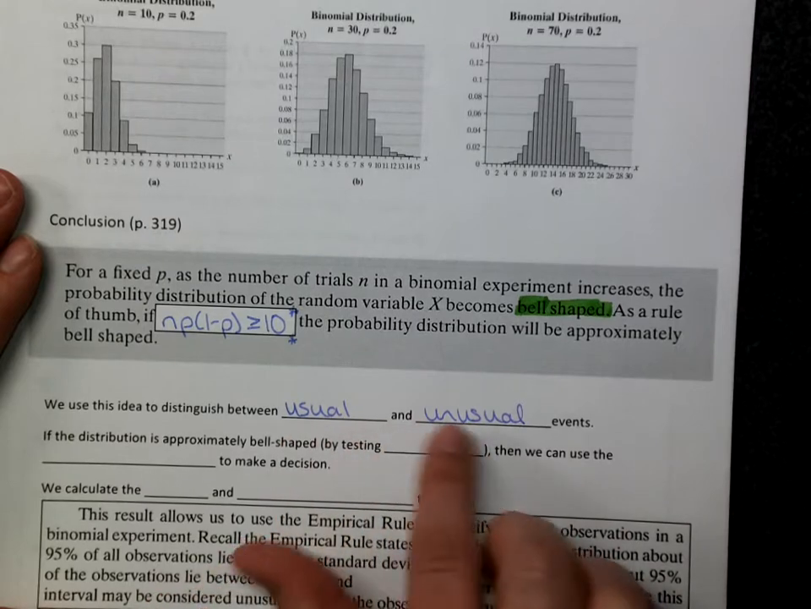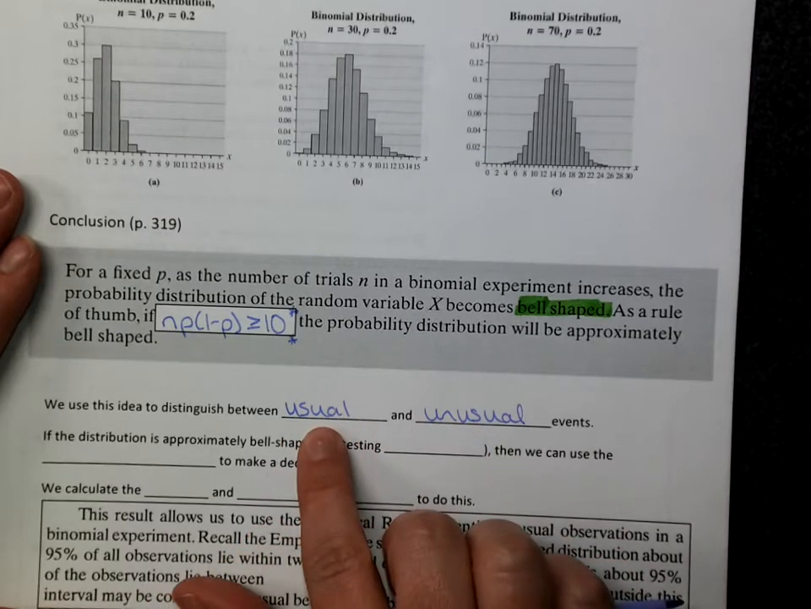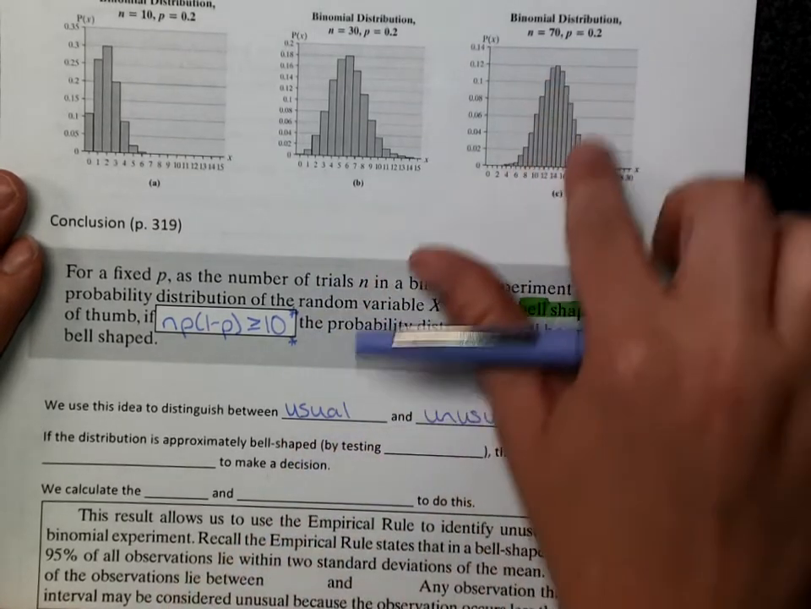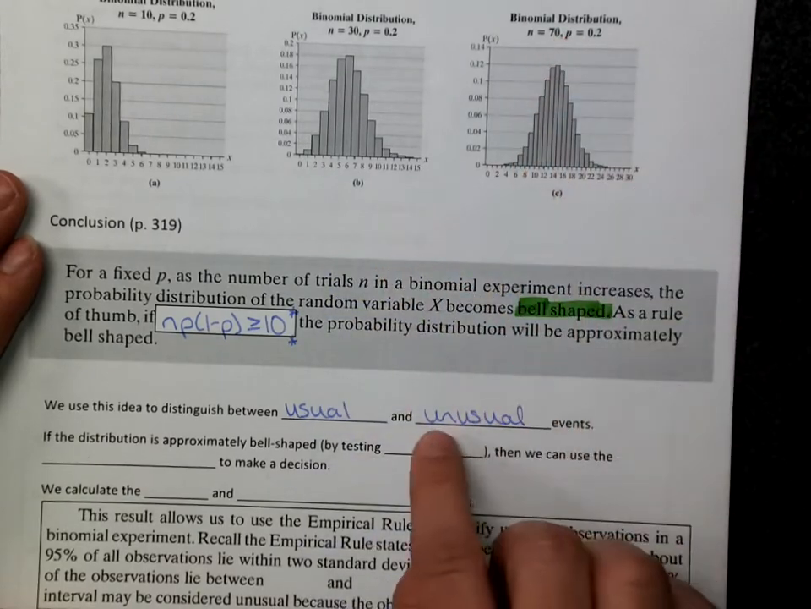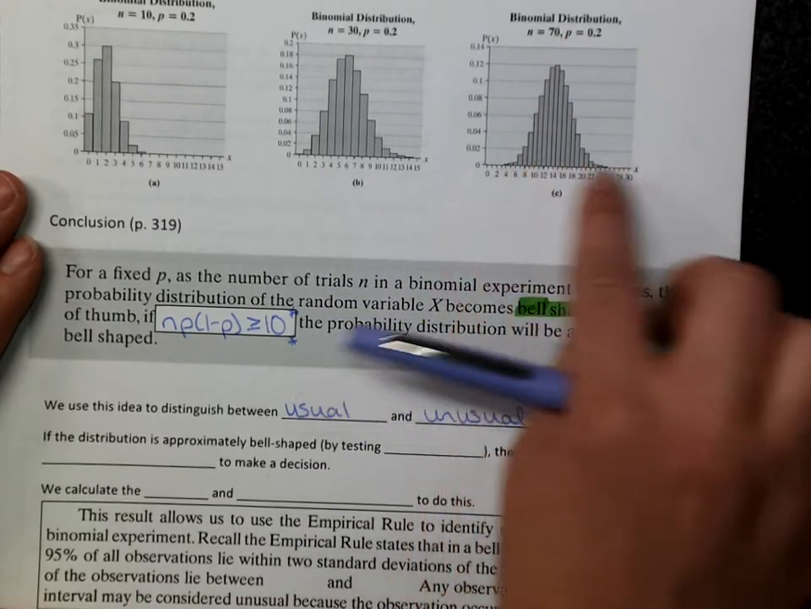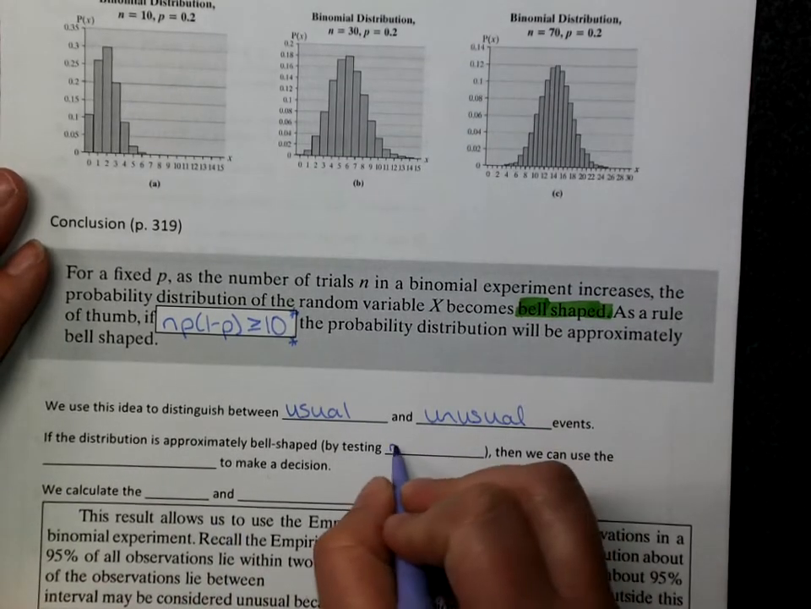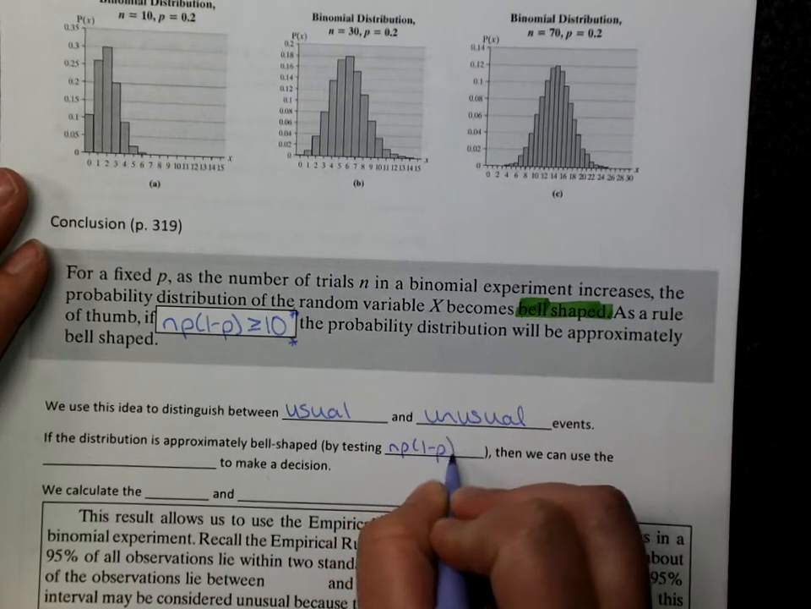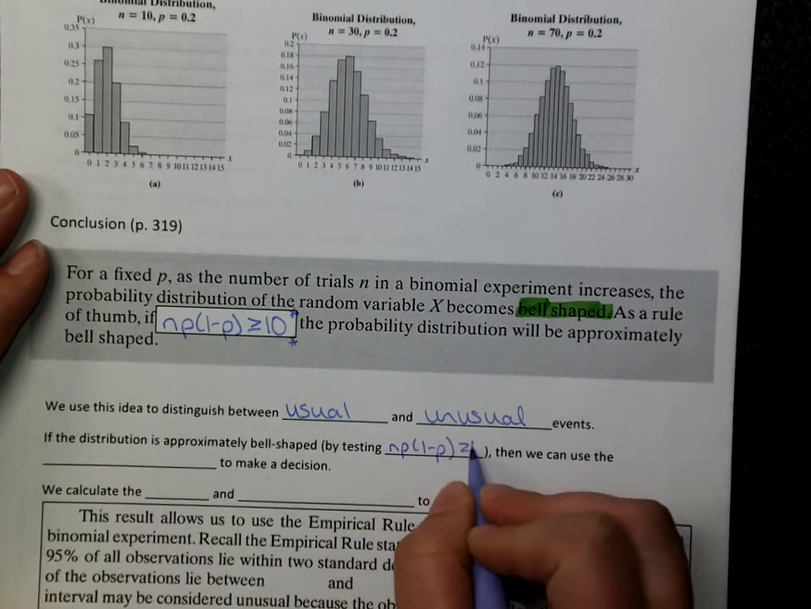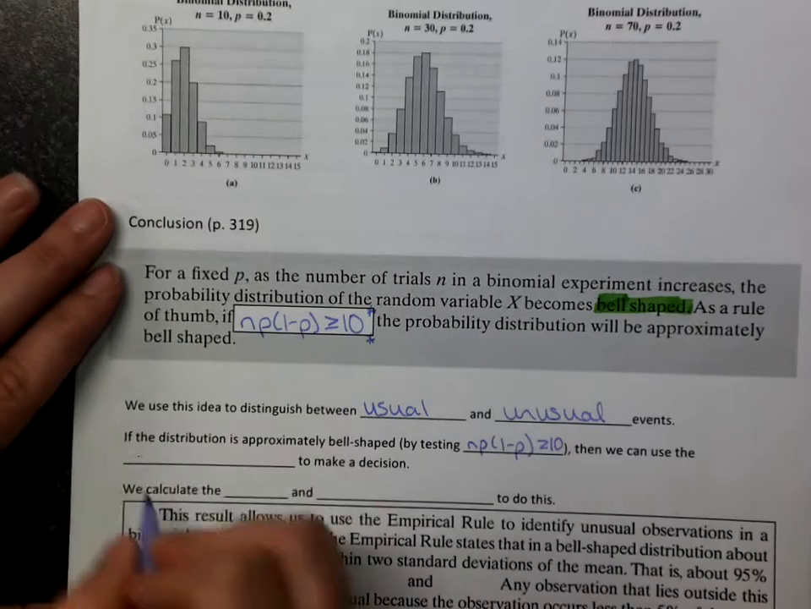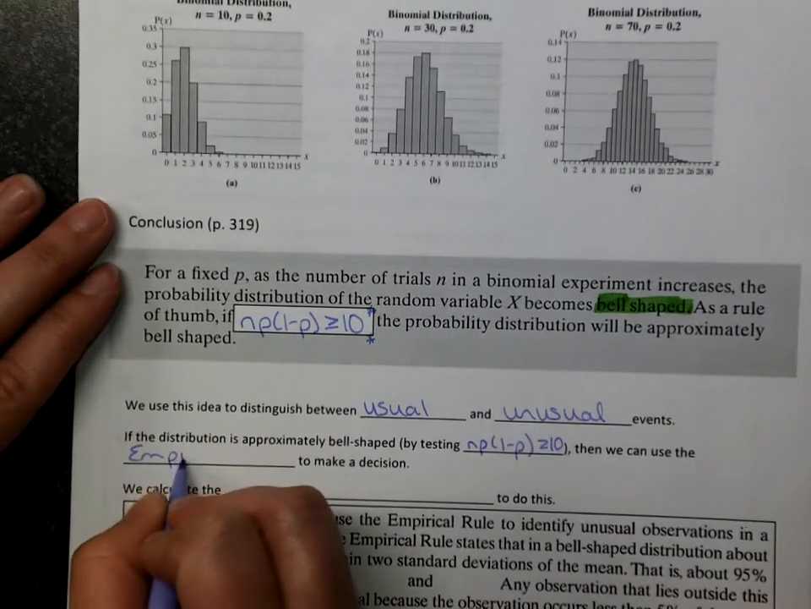And that's the focus for the second half of the course. Is this something that we expected to happen in the middle of the curve, or is this something unusual, weird going on at the ends or tails of the curve? So if the distribution is approximately bell-shaped by testing n times p times 1 minus p being at least 10, then we can use the empirical rule